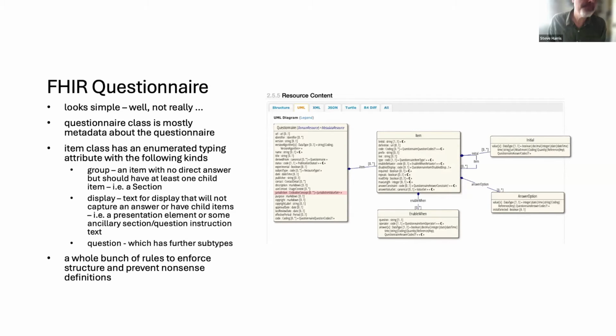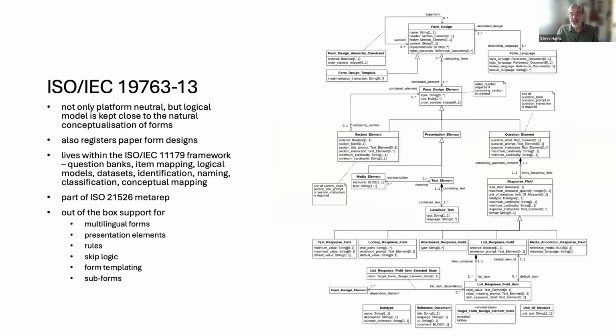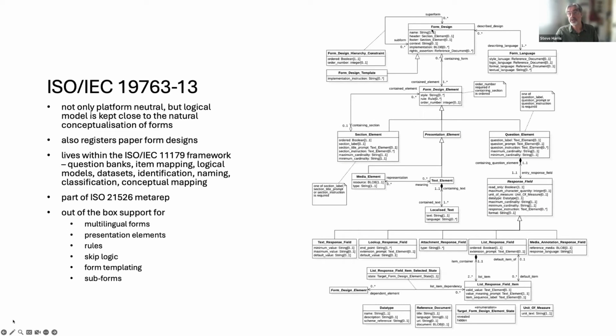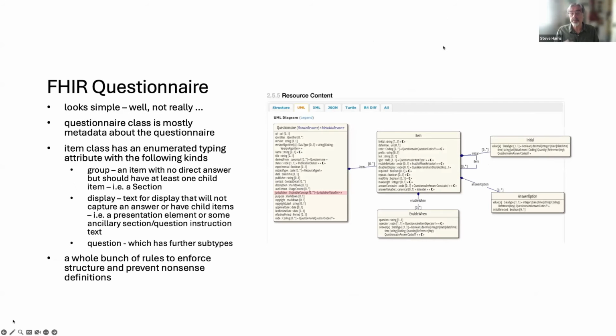So on to the main part of this, FHIR Questionnaire. So FHIR Questionnaire talks about forms, but there's a lot less stuff going on there, isn't there? So what is it? Well, we've got this one data class here called Questionnaire, and the Questionnaire is effectively the same as this form design class at the top here. It's the metadata about the form. So it's the way you'd find it, what its status is, who published it,